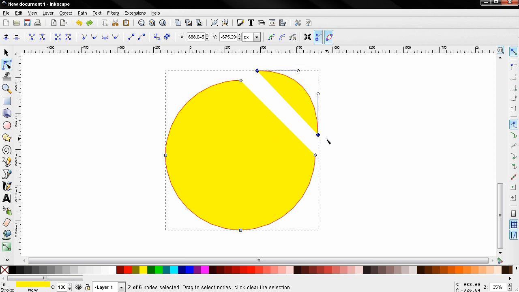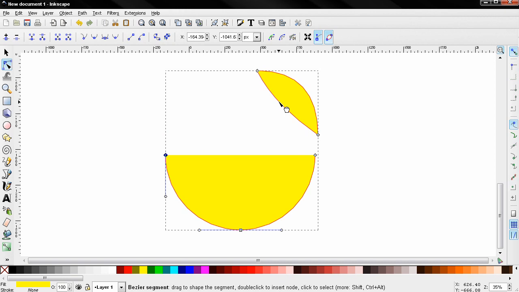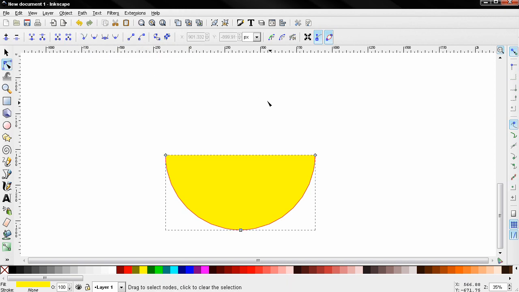So I need to select these two nodes and use the next option here to join selected end nodes with a new segment. And you see I created a new segment here, and let's say I select this segment and use the next option here, which will delete segment between two non-endpoint nodes, and you see how this works. Now if I click here on this one and use the option, this will remove the entire thing because we have only two nodes. Now let's undo all that,